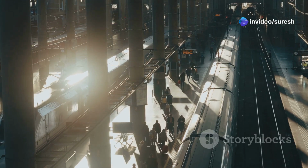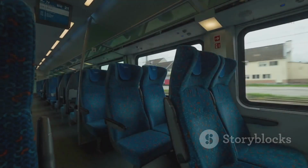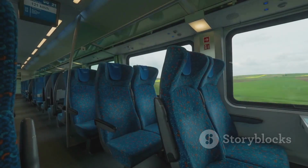Whether it's a morning commute or a cross-country adventure, trains remain one of the most profound symbols of human progress